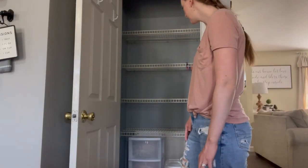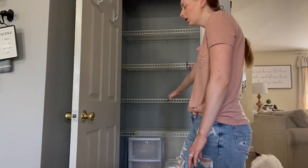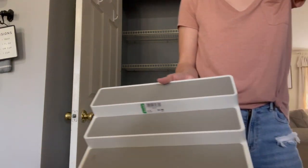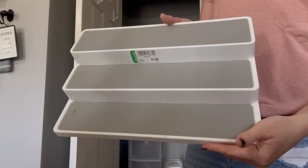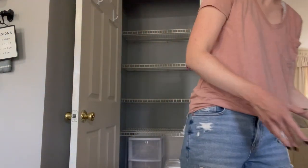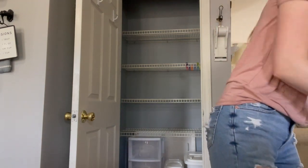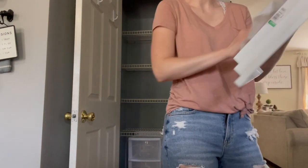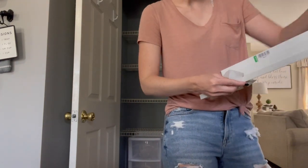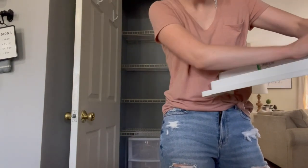So I think I'm gonna put all of our canned goods, broths, sauces, stuff like that on this first shelf. And I forgot to show you guys that I got this at the Goodwill for only $4.99. I thought that was such a good deal. Things like this at Target are a little bit pricey, I think. So I'm just gonna clean that off with a disinfectant wipe, rip off that sticker. And then I wanted to use this as a can organizer so that I can really see what I own, because